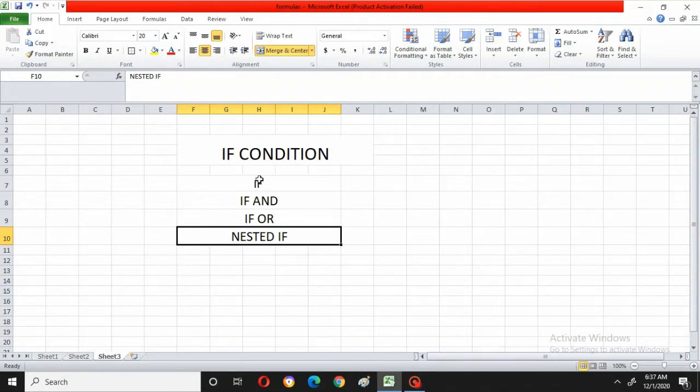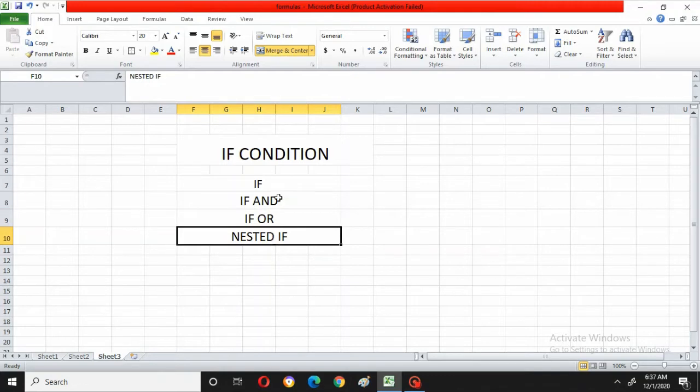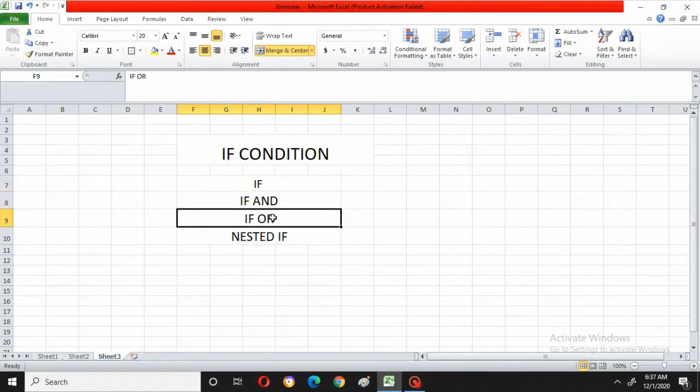These are for different purposes, right? One, the if condition you can use. Next, if and you can use. If or you can use. Instead, nested if you can use. The if condition is only for checking one column, and if and is used for checking many columns. Altogether checking can be done with the if and. With if or, you will be using many columns but selecting one. If this condition is not satisfied, it will go to another column.